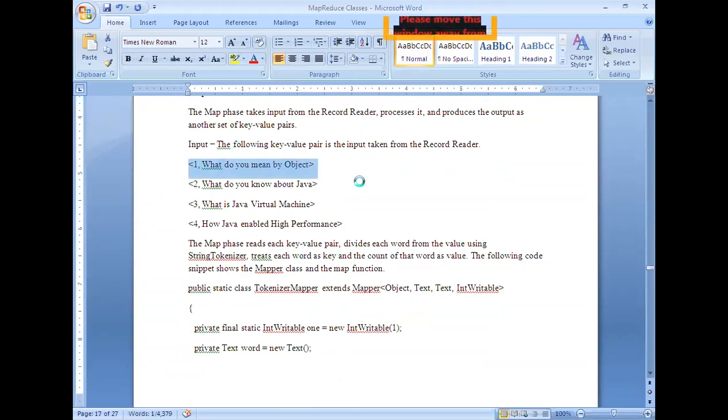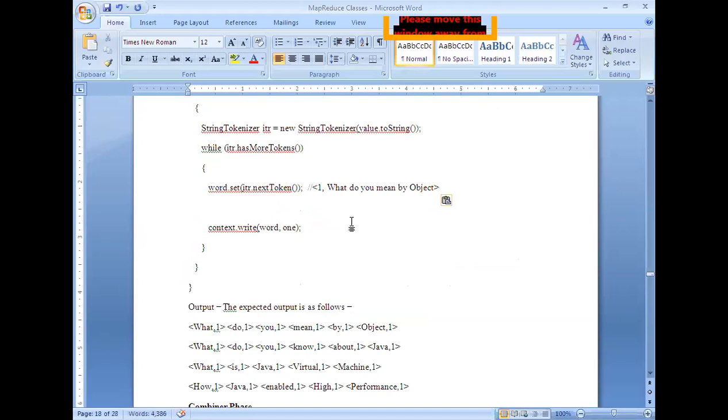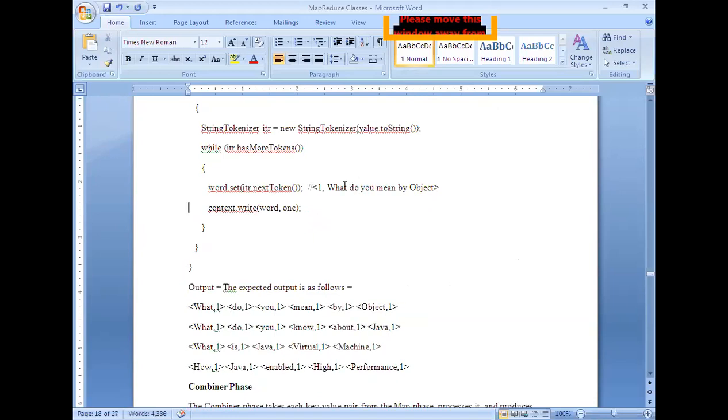This is the input submitted to this mapper logic. So from this, initially the iterator is pointing at this location. Once it captures this word, that word will be written to the output where the intermediate output will be stored.